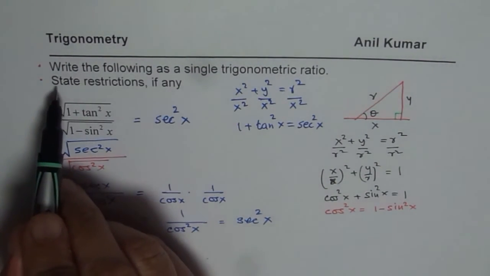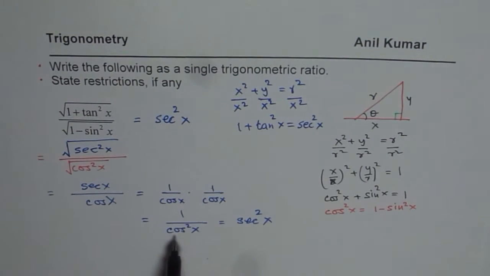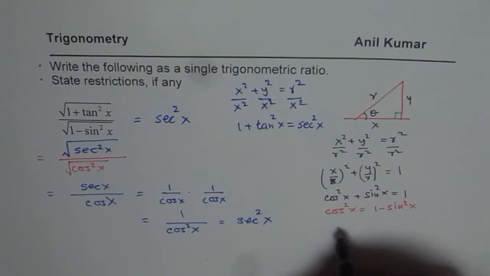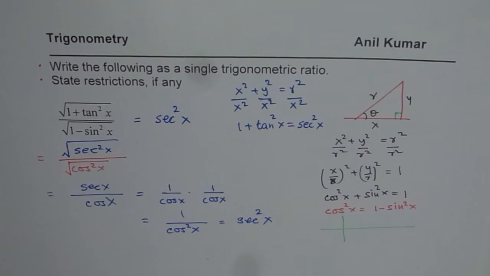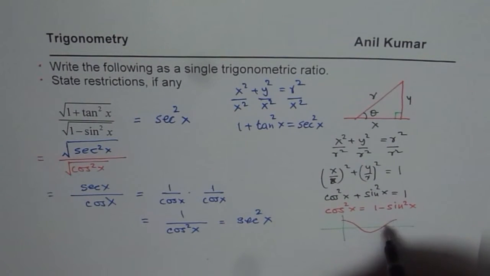The second part is state restrictions. So the restriction is that the denominator cannot be 0, right? So that means cos x cannot be 0. Now when is cos x 0? Let's look into the graph of cosine x. So the graph of cosine x is kind of like this. And we know cos x is 0 at